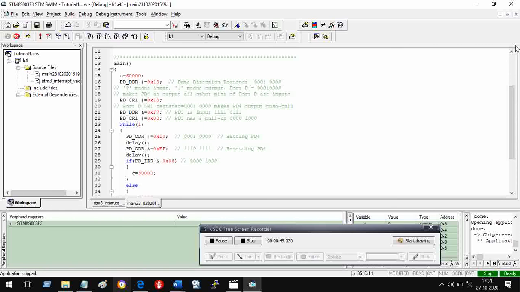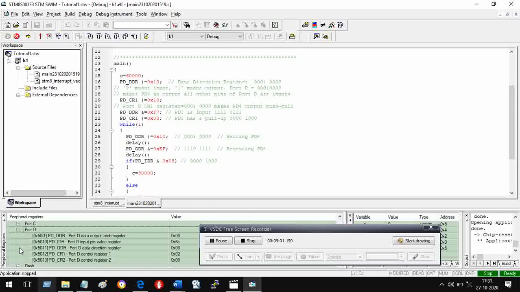Let me remove it. Now, what you see here, here you see peripheral registers. I'm interested in looking at port D. And port D, what is the value of IDR that I want to see? I want to put it in binary.